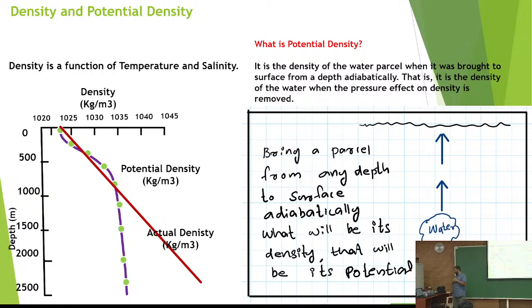Anyway, if you look at either the actual density or the potential density, you get a structure where density increases with depth, and that is why the ocean is stable. Okay. So, these are certain physical characteristics of the ocean we are going through. Now, why I mentioned this density is that before going further, let us see the density structure of the Pacific Ocean